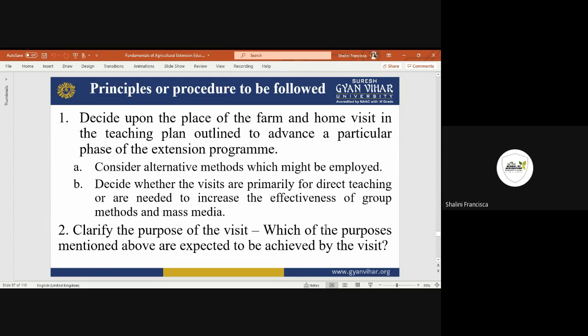You have to be prepared in your mind. If they ask you to visit the farm, then what questions will you ask them related to the farm? And if they ask you to visit the house, then what are the things you have to ask and in which way you should ask? The first thing is that.